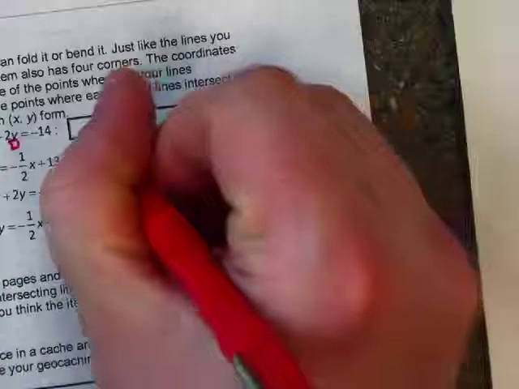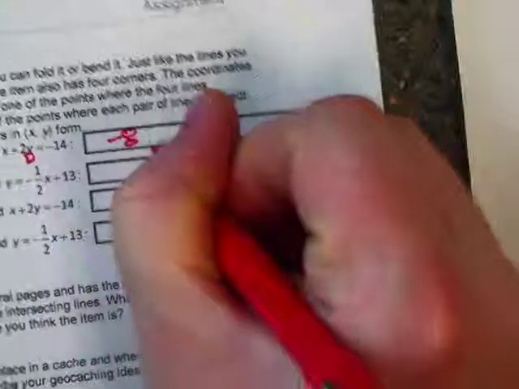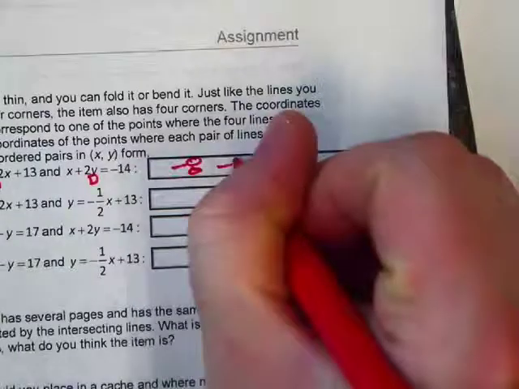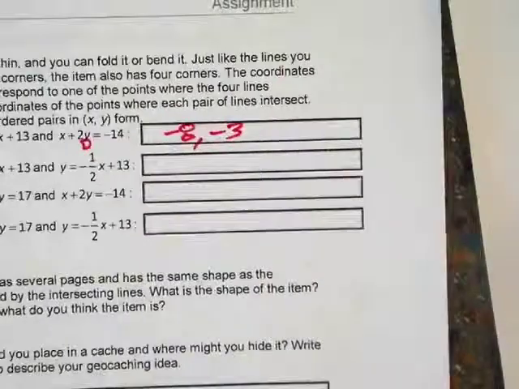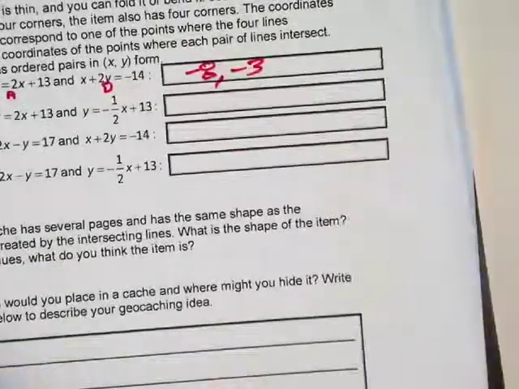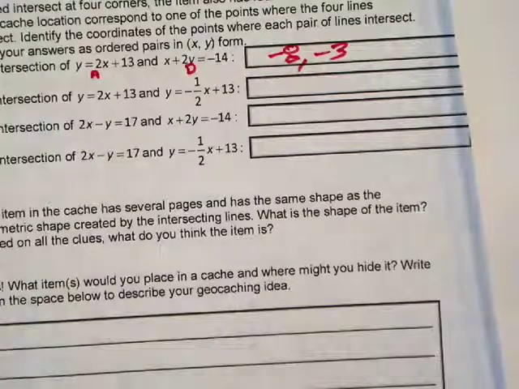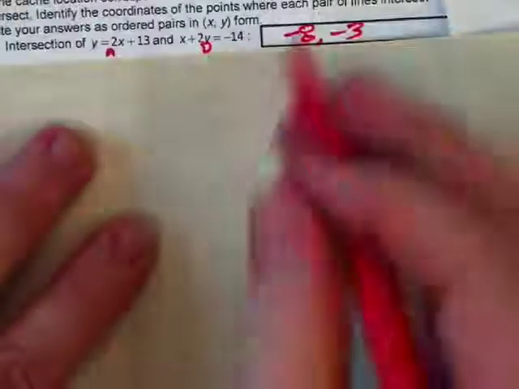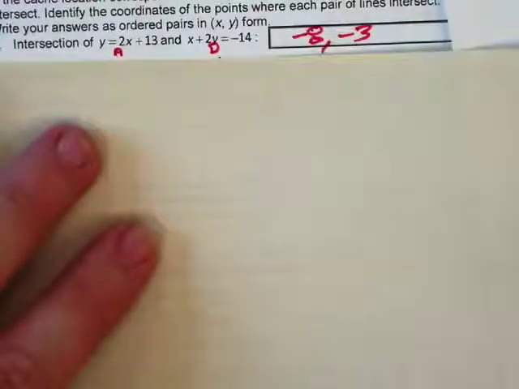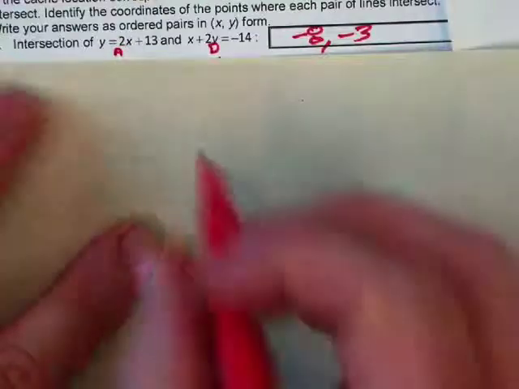So that's just negative 8, negative 3. Okay? So you can do that just by looking at them. Another way to do it is set them both equal to y. And it's important to use a ruler when doing that first way. But if you can't do it, or if your lines don't line up right, or it doesn't seem right, then